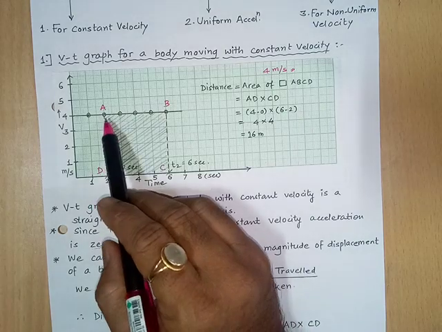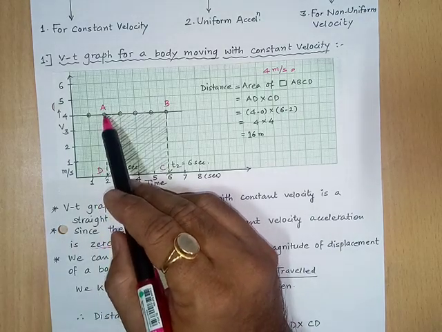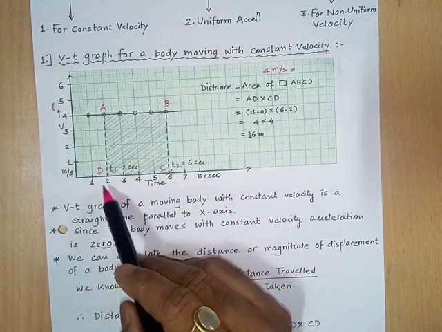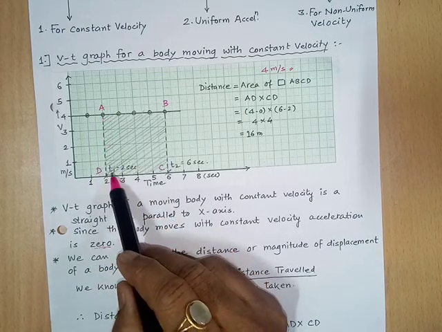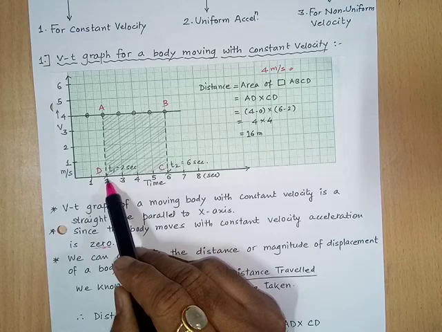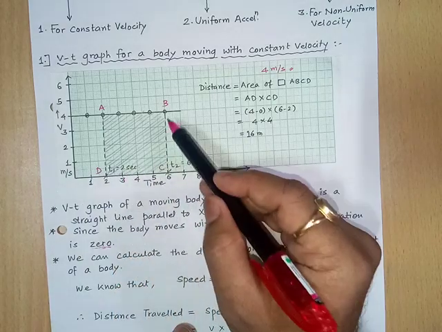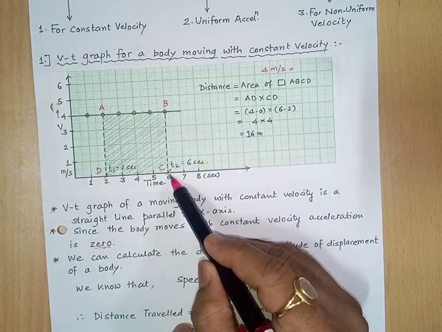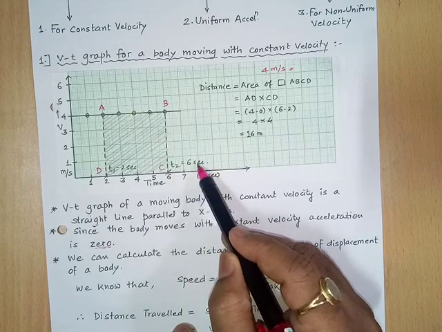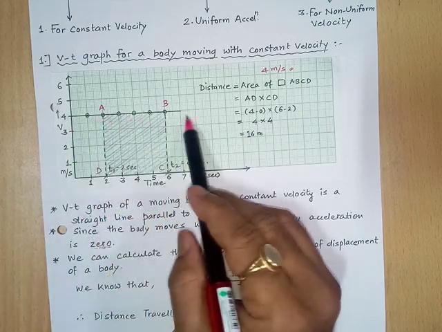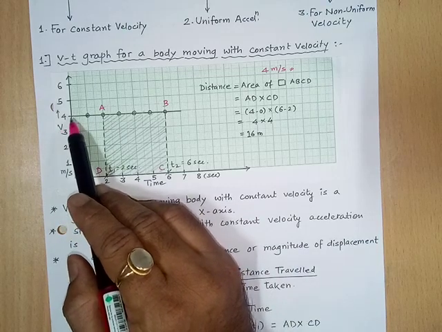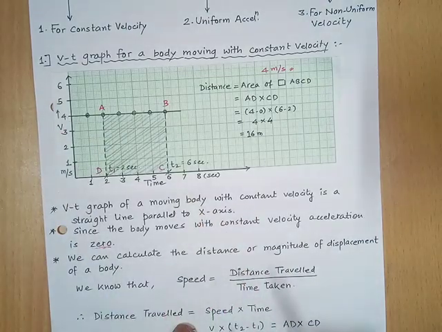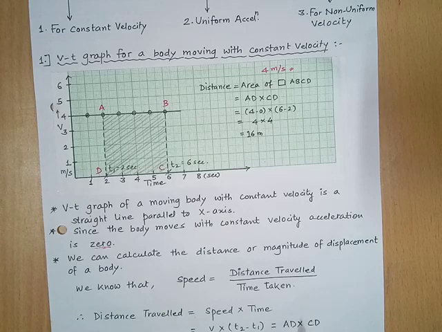Let's imagine the x-axis value for point A is the time at this point, which I can consider as t1. Now this t1 is equal to 2 seconds. For point B, the time on the x-axis is t2, that is 6 seconds. As the velocity is constant for point A and point B, the velocity will be 4 meter per second. There will be no change in the velocity since it is constant. So we will place these values here.